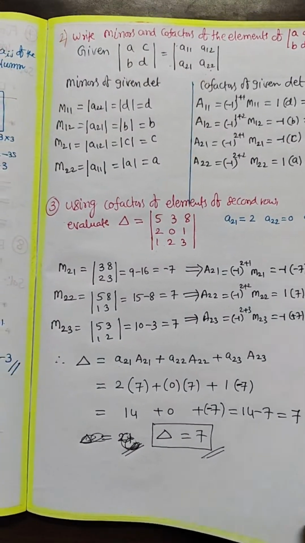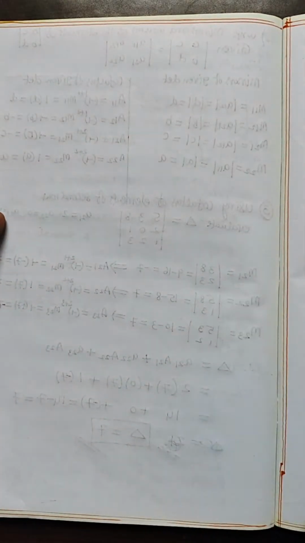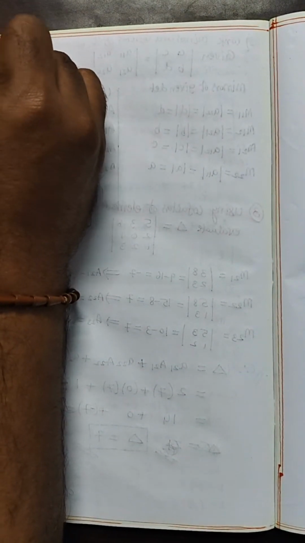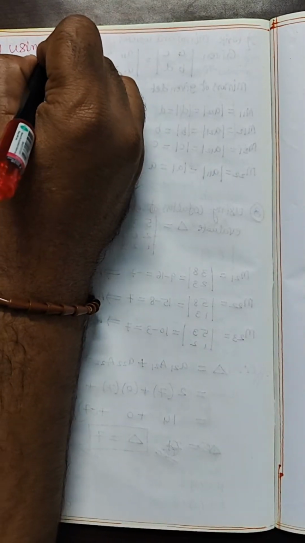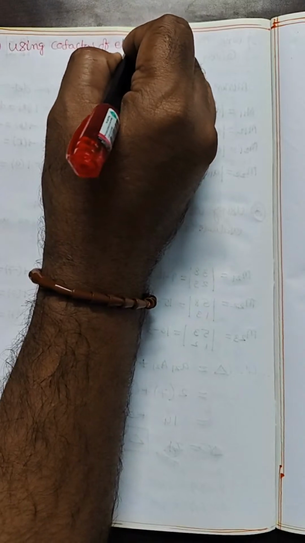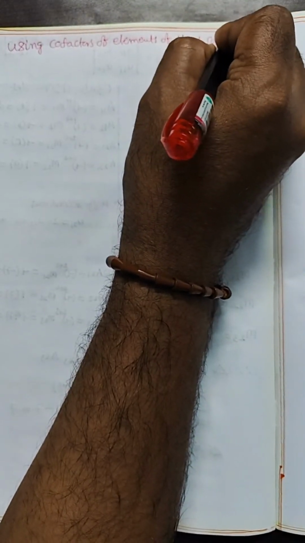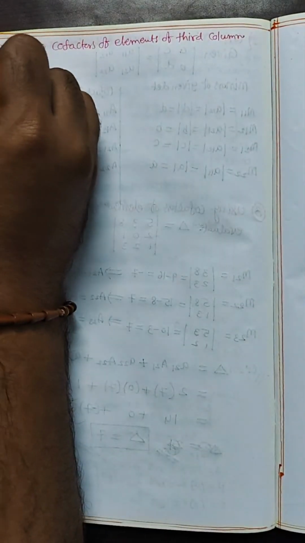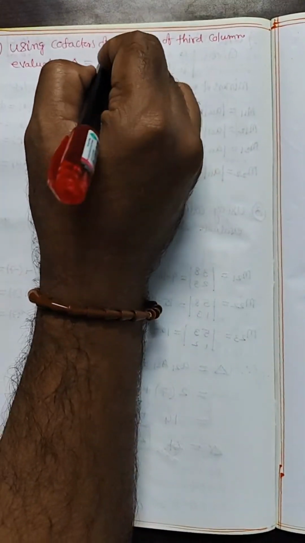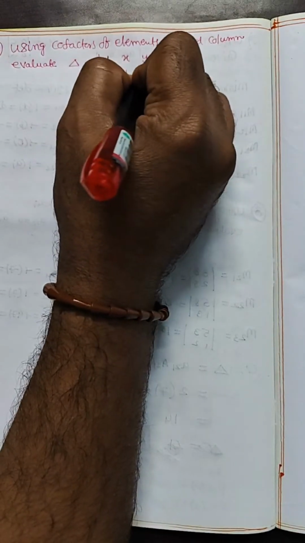Using cofactors of elements of third column, evaluate delta equal to, delta means determinant, 1 x yz, 1 y xz or zx,